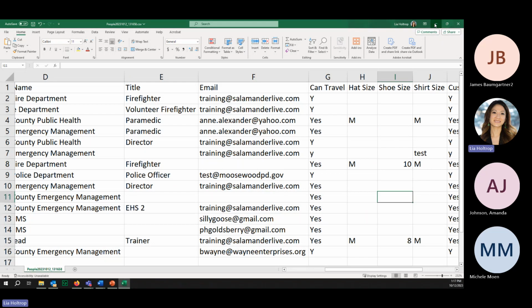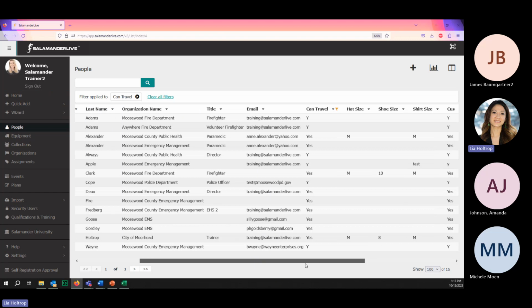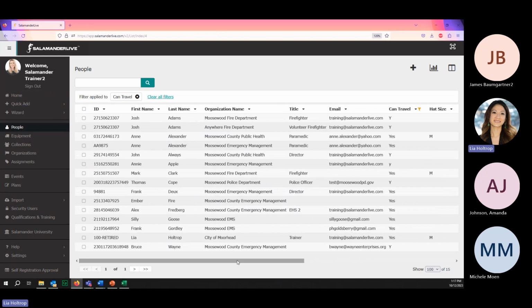Another thing to note on here, because this is a question that I've gotten in the past as well, is when it comes to multi-edit. So what is a multi-edit? A multi-edit is where you can go in and edit multiple records at one time within Salamander Live. And again, we're looking at the same edits, not different edits, same edits. So in this case, let's say I was looking at editing all these 3 records, making the same changes to